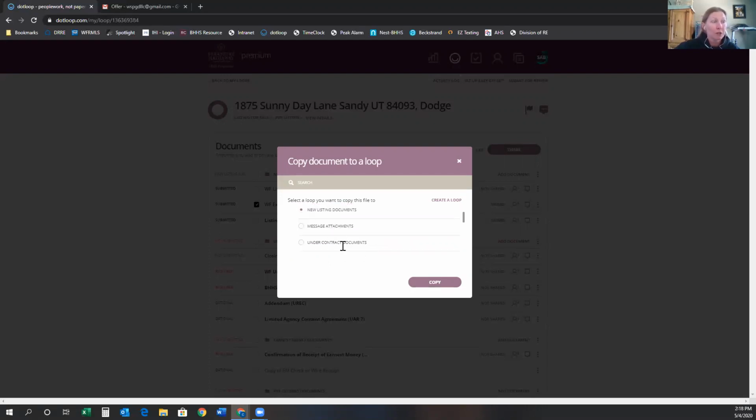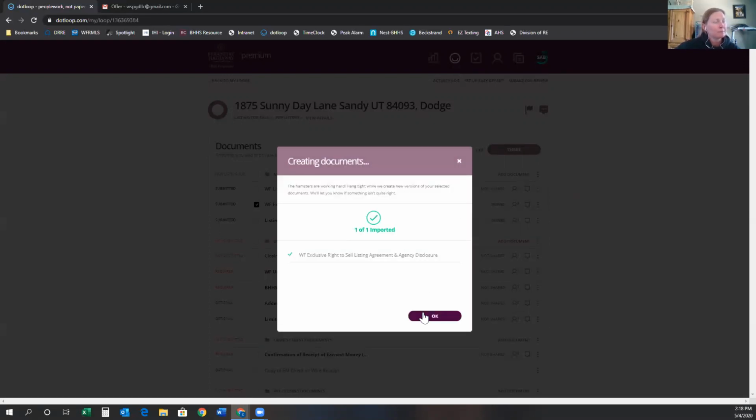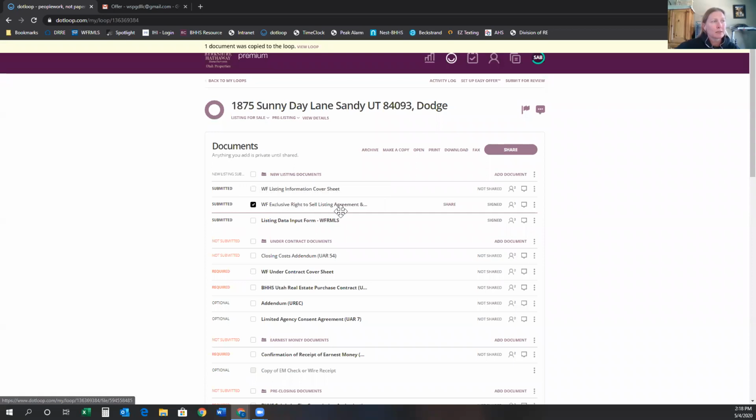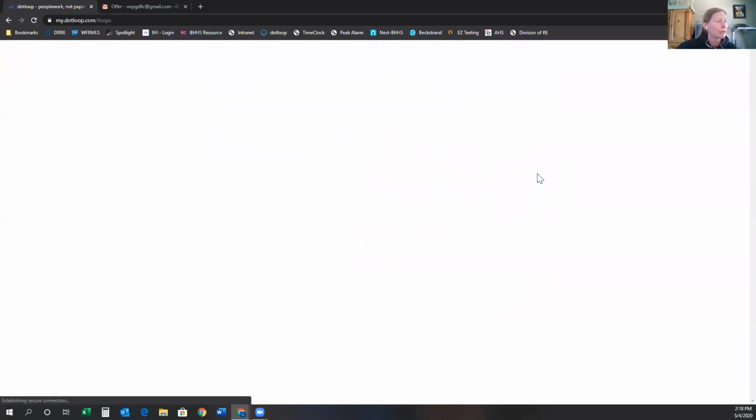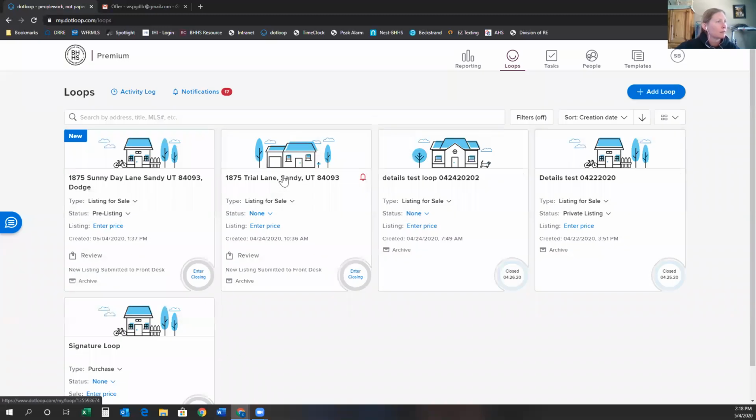It's going to ask me which folder in that loop I want to put it in. And in this case, listing documents is great. So I'm going to hit copy. So all it did was take this document and copy it to my other loop. And if I show you what that looks like, it is,